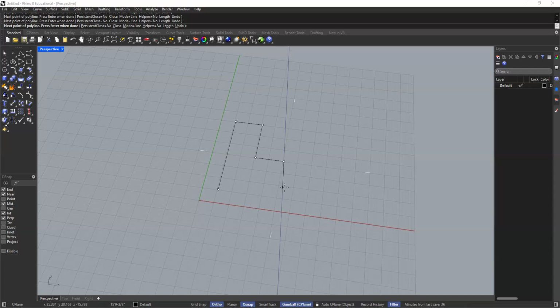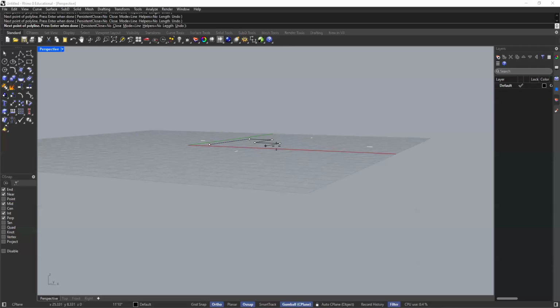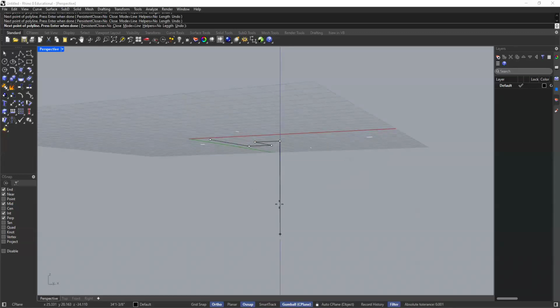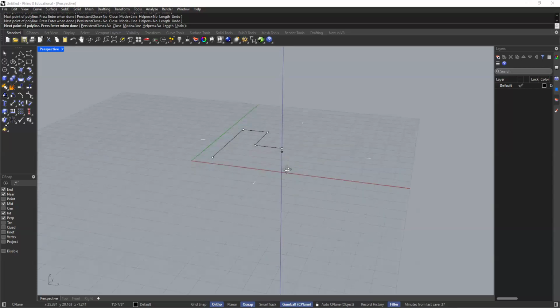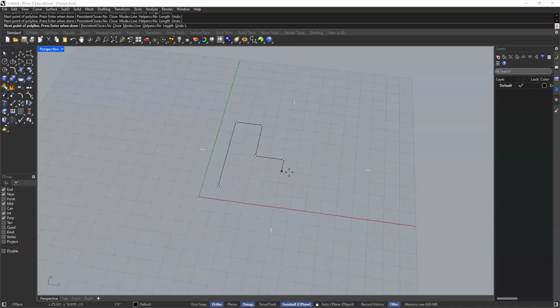Notice that right here, let's talk about this really quick. Notice that the cursor is, all of a sudden I got this blue line going down my screen, right? And that's because Rhino is thinking, well, wait a minute, maybe you don't want to go down along the red axis. Maybe you want to go down the blue axis, which is essentially going down, down, down, right? Which is not what we want. So you have to be really careful, especially when we're starting off, that when we're entering numbers and we're moving the cursor,